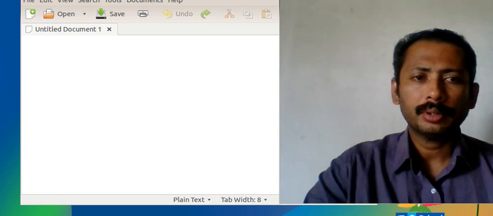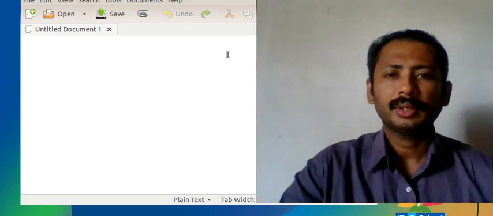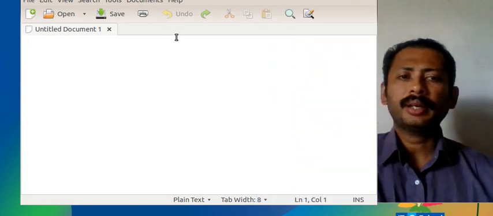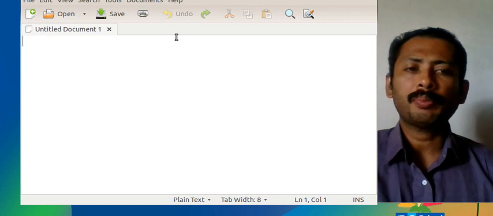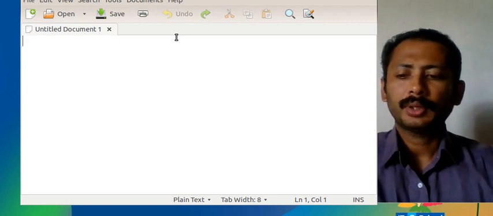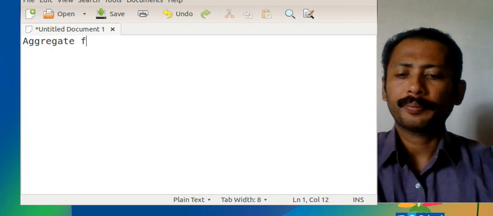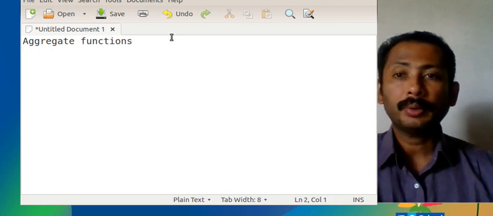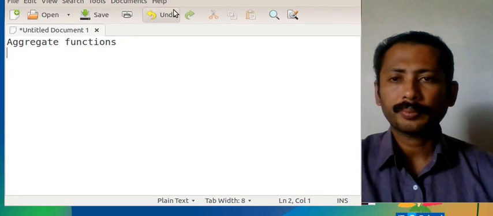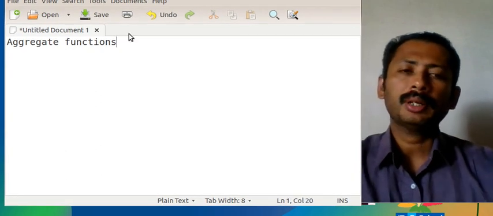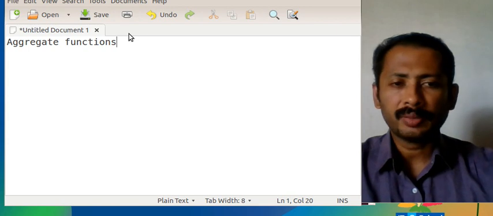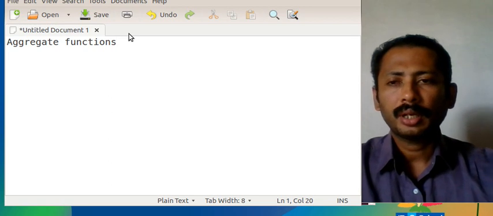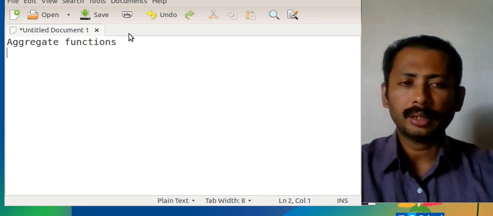Today we will see about aggregate functions. Aggregate functions are functions which operate on multiple rows. They consider multiple rows, take values from different fields of the different rows, and do the operation.